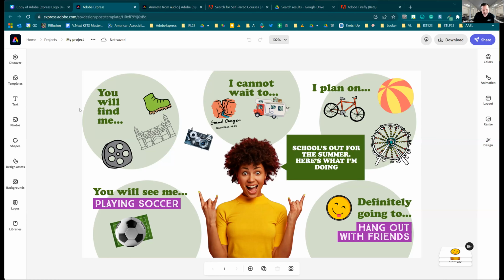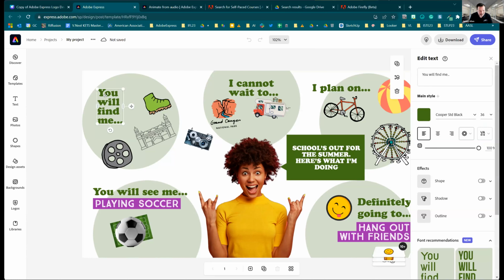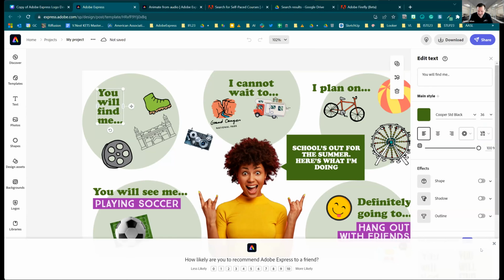So the biggest change to me that's important for your kids and for you is how you edit text. Like Canva, Google Slides, PowerPoint, you click on the text and you just type. And Adobe Express, the current one,